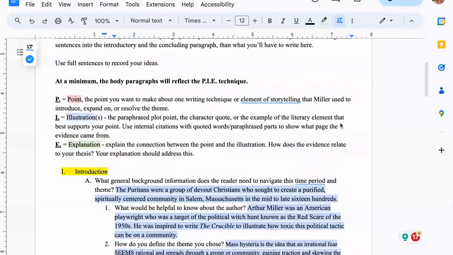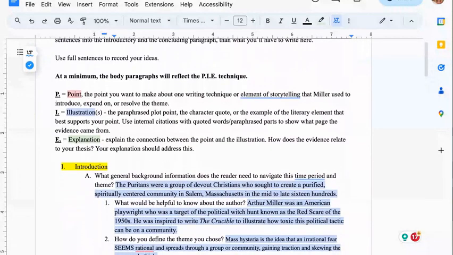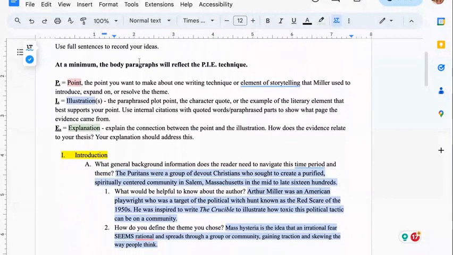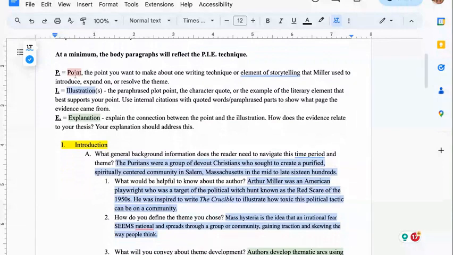Video is to review with you how to use the outlining tool to prepare for your rough draft for the Crucible essay. So the first thing you need to pay attention to is that this is a full sentence outline. That means every line in the outline should have at least one sentence in response, not a single word. Okay? And the second thing is I'm using some color coding and some terms here to help explain the organization